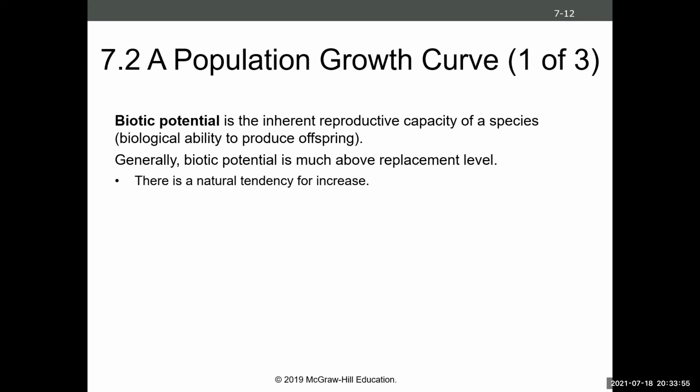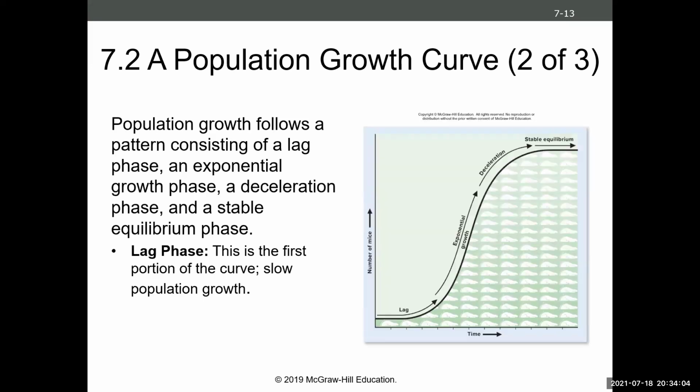And so in natural environments, you see the same thing where that replacement level is generally higher, and so you get an increase in population size. And typical populations will generally follow a really consistent population growth curve where you have kind of this lag phase. So this is a kind of slow population growth. But then once it gets to a certain point and reaches a certain threshold, it transforms into this exponential rapid growth. Okay? So you have more organisms reproducing, causing a lot of growth,